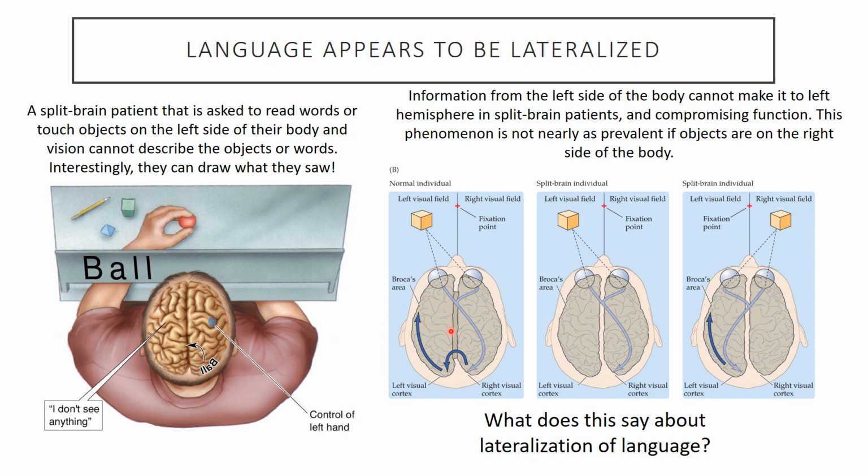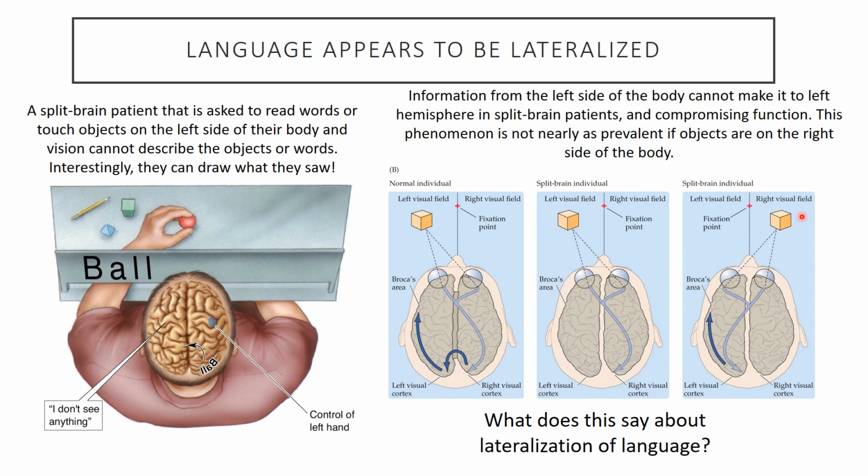This information, because Broca's area is on the left-hand side, and information and objects and things that are in the left-hand visual field would have to make their way over here to the right and then be passed through the corpus callosum. For those individuals that are split brain individuals, the light information makes its way to the right visual cortex, but it can't get to the other side into Broca's area. So they cannot perceive the objects. They perceive them, they can see them, but they cannot describe the objects because it doesn't make it to these language centers.